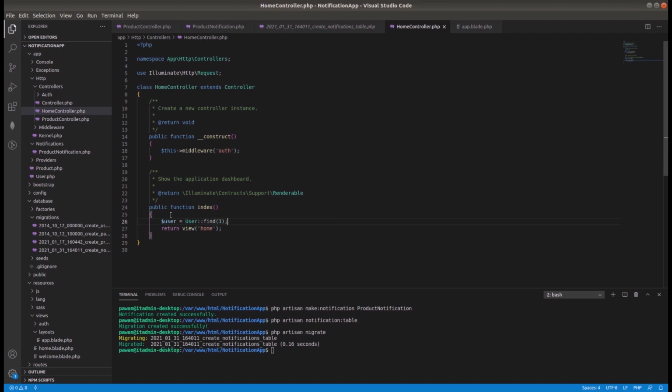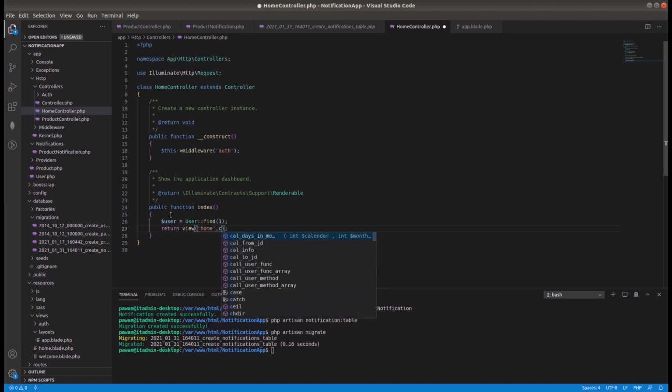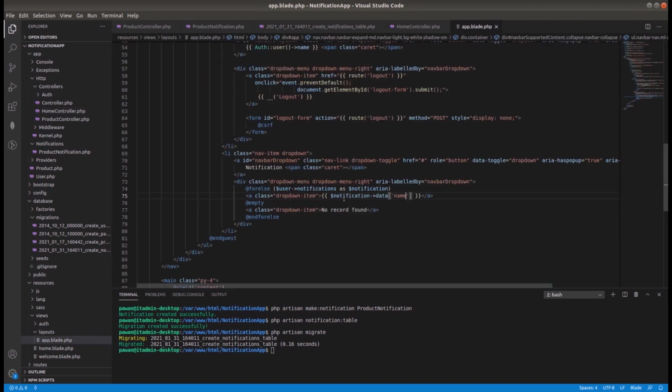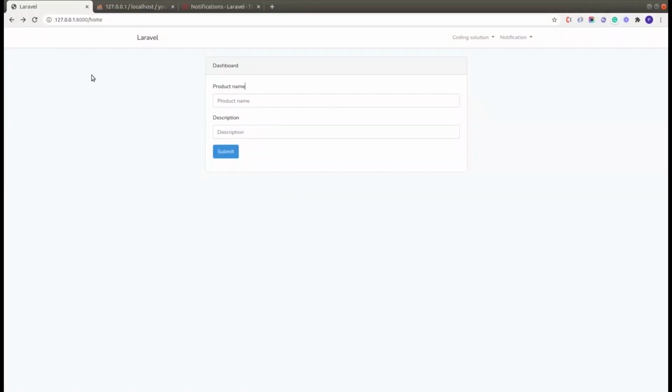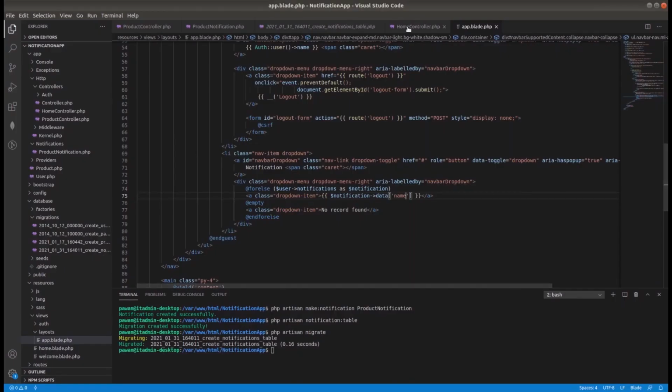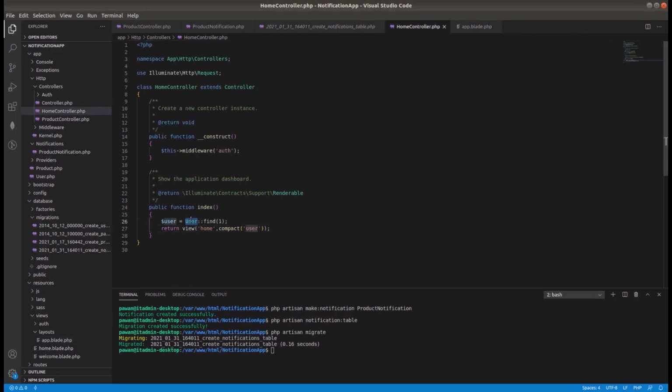This one is for the current user, so here we can pass compact user. Okay, I think we are good to go. Let's check. Somewhere we are missing this find. Okay, in the home controller we are missing defining this user.